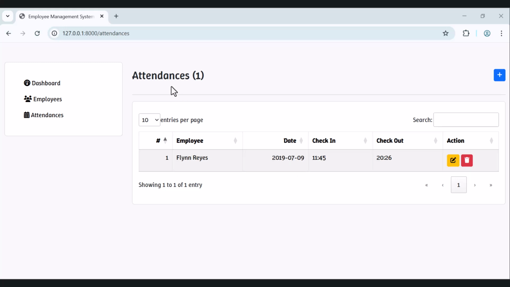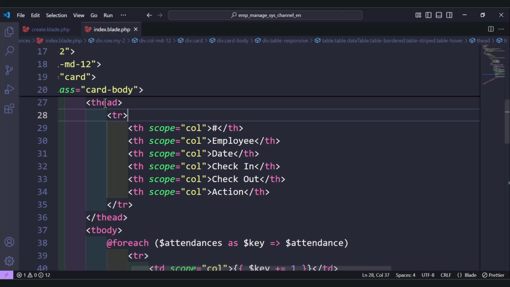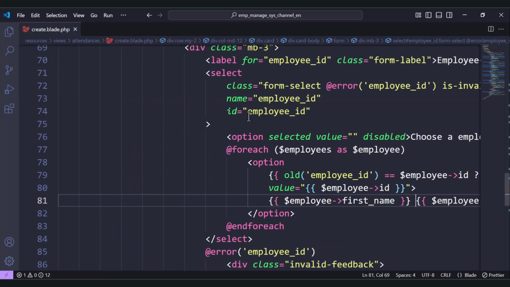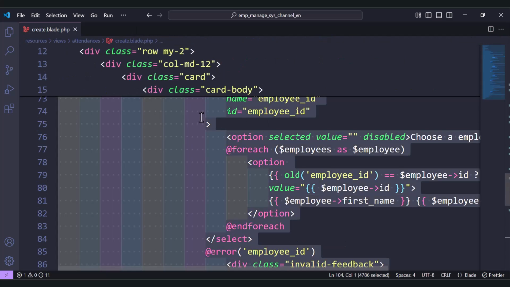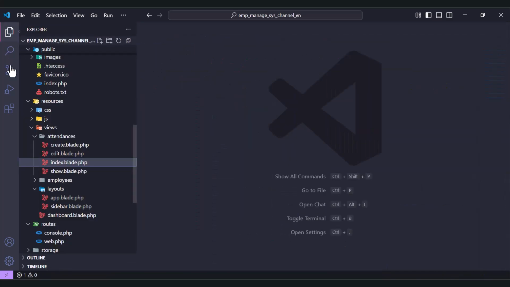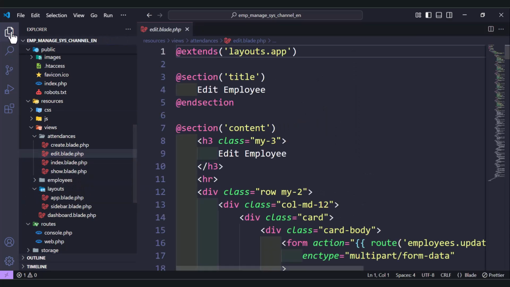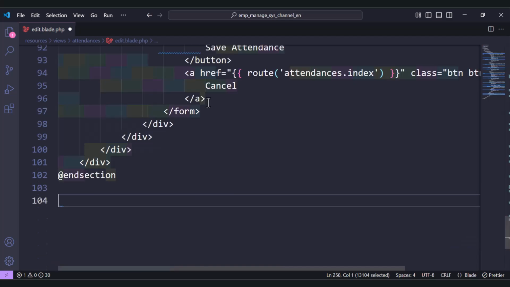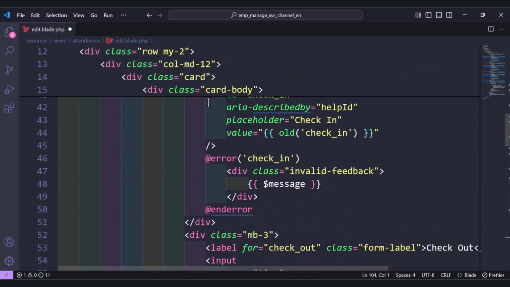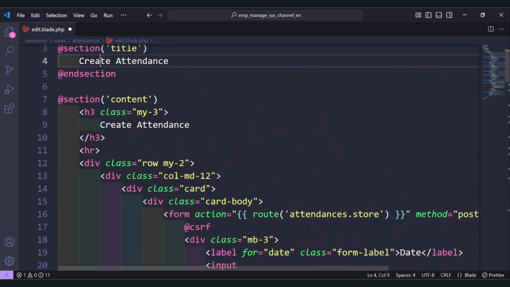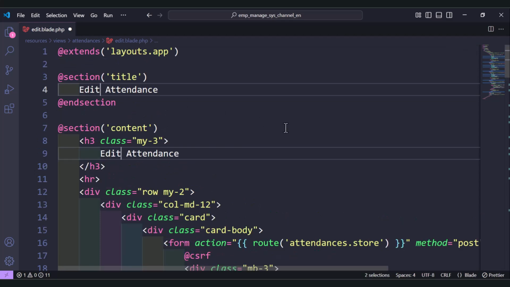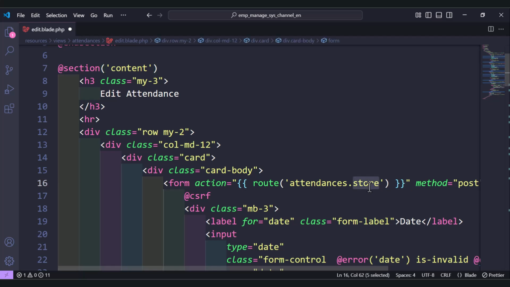So the edit form will be the same thing as we have done with create. So let's copy from here and we can paste inside edit. So let's paste here and move to the top. So here instead of create we have edit, and we have the route here is update, and we need to